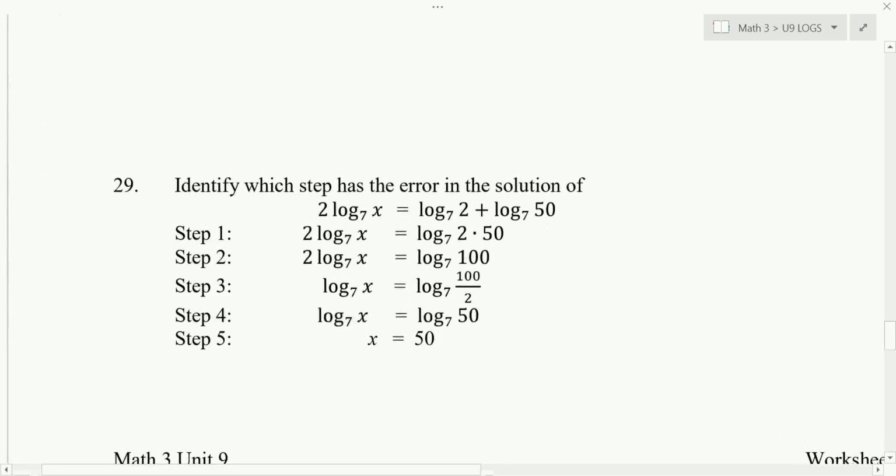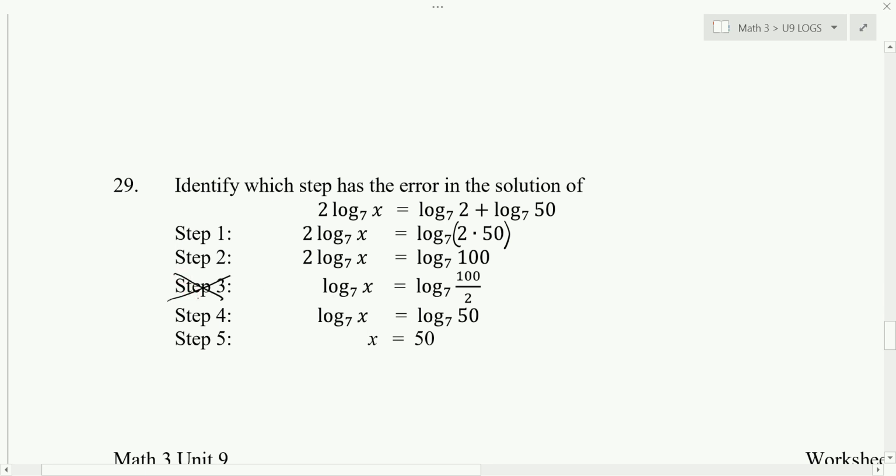We're to identify which step has the error. And so let's try to follow what's happening here. Looks like at first they're using the product property, which is correct. And they multiply 2 and 50 and get 100. Then they're dividing by 2, dividing the 100 by 2, and that's where we go wrong. So step 3 has an error